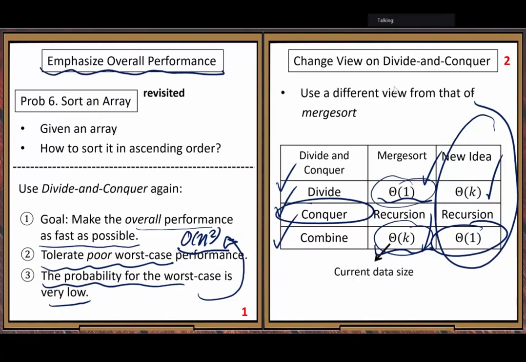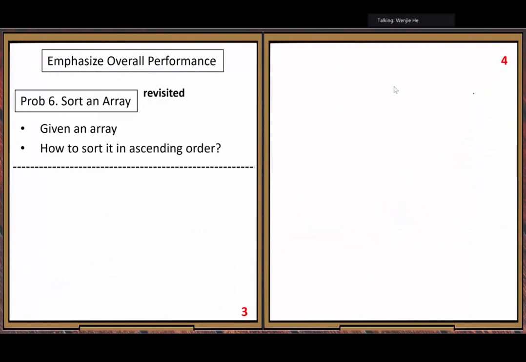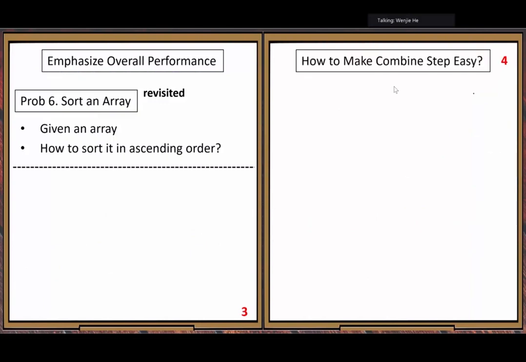All right. So here, Quicksort. We will look at the details. All right, the question. When we start, let us start with the combine step first. How to make the combine step easy?